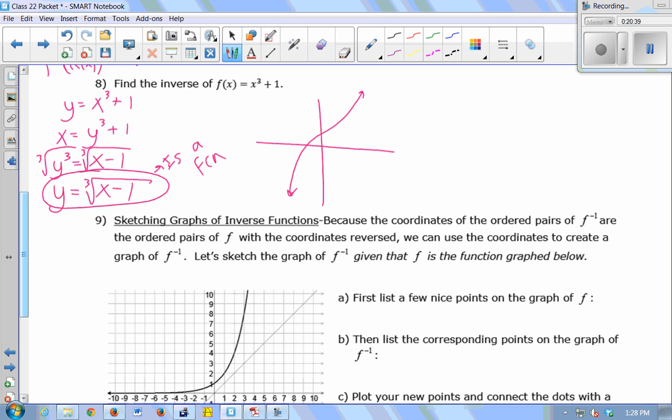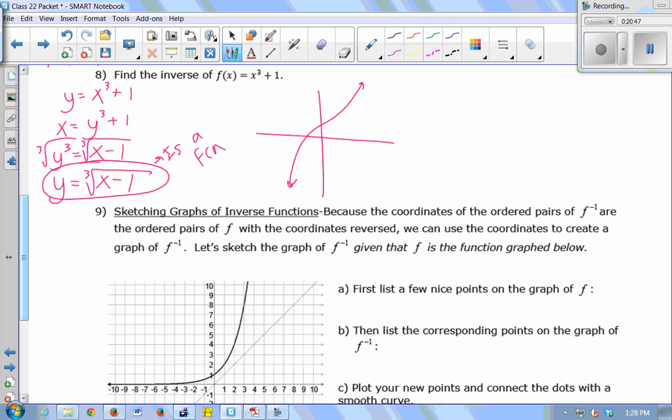That it passes HLT and that then y is a function of x is enough to say that this is a function. If you really want to prove that your answer is right, we should show that f composed with